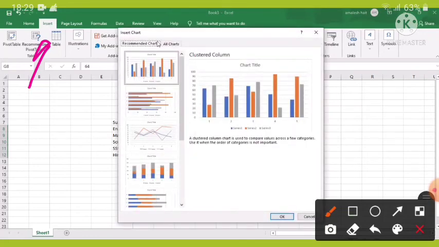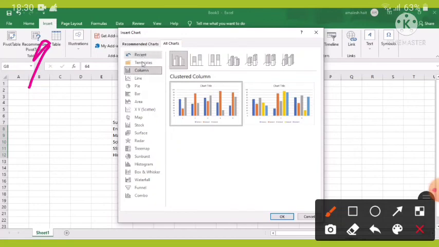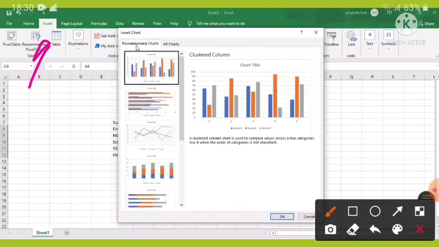Then select the chart type that we want to use from the drop-down menu. Also you can use the Insert Chart menu. Click on the See All Charts button in the Charts group to open the Insert Chart dialog box, and select the chart that we want to use.